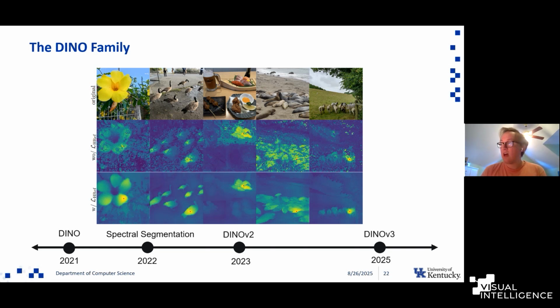And I will say the DINO series has also been applied to things like canopy height estimation. If you have an aerial view satellite image, you can estimate the canopy height. You can also apply DINO to medical images. These are slightly out of distribution tasks, right? The images above are object centric images, but it's learning very strong visual features that are applicable to non-object centric images like satellite images and so on.